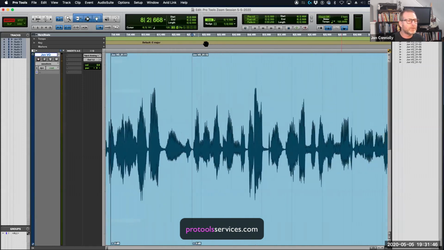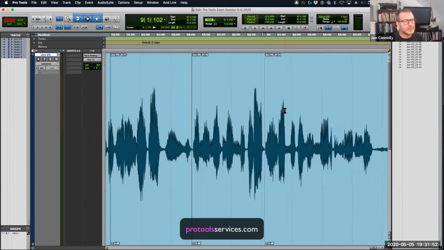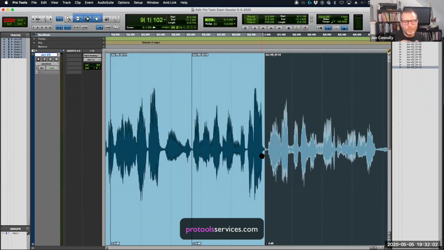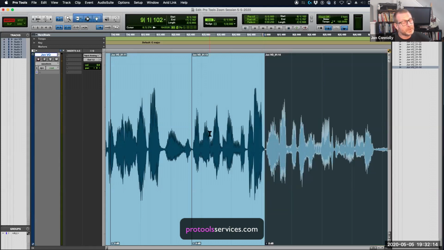And we'll go down here, and I would be listening to this, not eyeballing it like I am now. I want to get rid of that. I hit delete, and it closes that gap. If I want to trim it and go, you know what, that doesn't sound natural, I can trim it out a bit in shuffle mode, and it will push it out and accommodate the space for that trim that I've just added some time, or if I wanted to, trim it back out. So shuffle can be very helpful, can also be very dangerous.